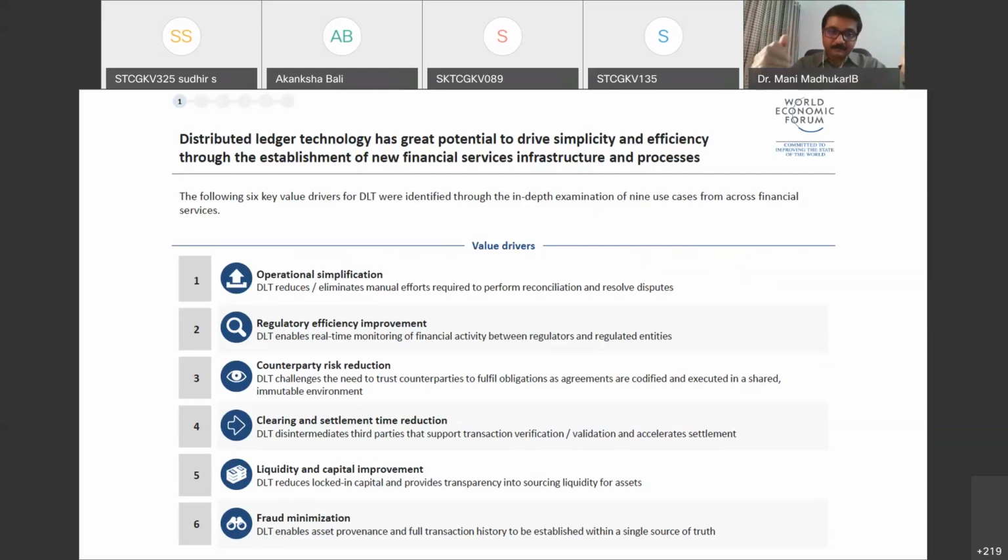So of course, it really improves liquidity and capital big time because of these blockchain-based systems, because they are doing almost real-time settlement of the transaction. And yes, of course, fraud is minimized because we have a single source of truth, and it really infuses a lot of trust between all these network participants. Shikha was giving this example of